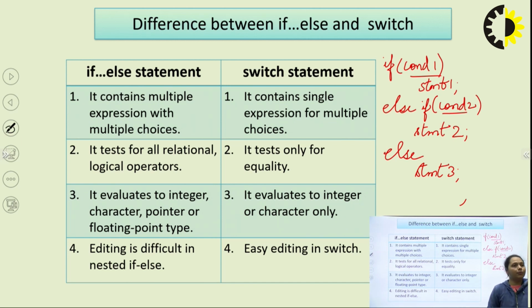We are writing n number of conditions when we are using an if-else statement. But in the case of a switch statement, we are only providing a single expression, but there are multiple choices. Based upon the value of the single expression, we have multiple options so that we can opt for any one option. Next, we have